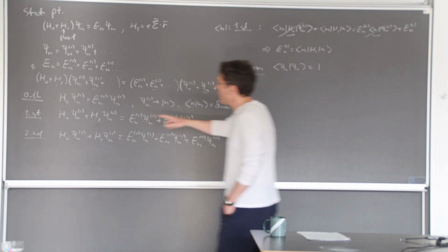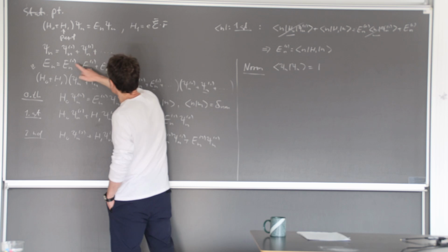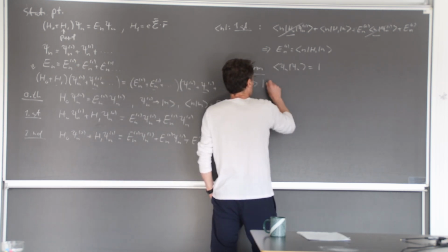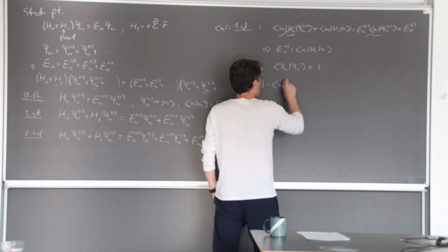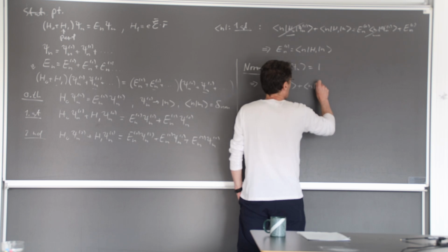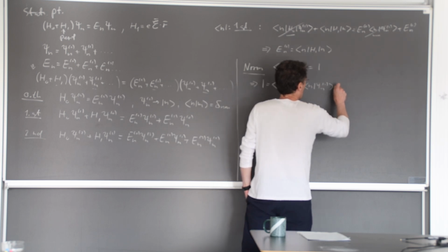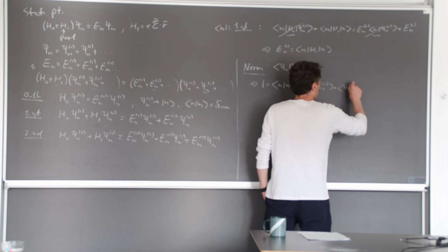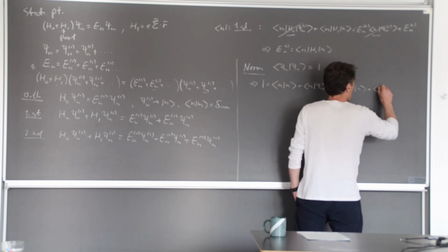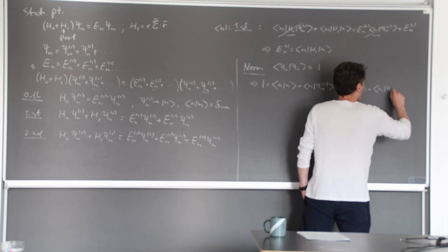So I will plug in now my expansions, my expansion here. So this implies that 1 equals, well, I have a 0 order term, which is this. Then I have two first order terms n1 and 1n, and then I have higher order terms like n2